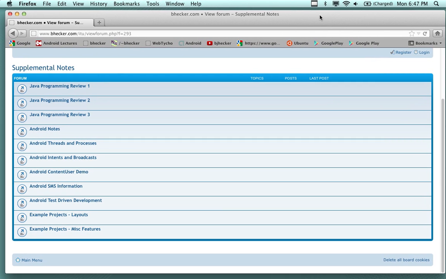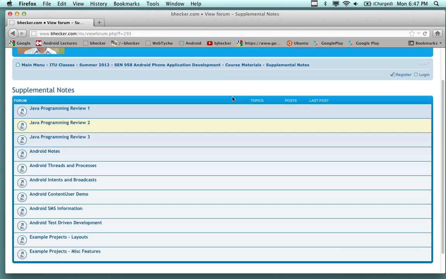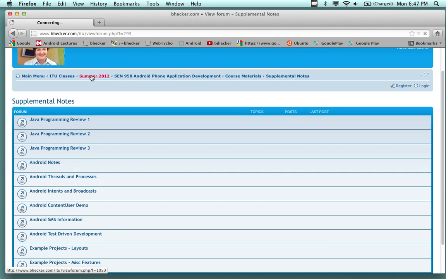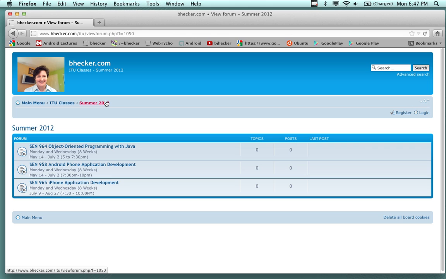Okay, let's get started. Today is Massive Android Example Day. And where are you going to find these massive Android examples? Let me show you real quick here. Let me zoom in so you can see what I'm looking at. If you go to bhacker.com